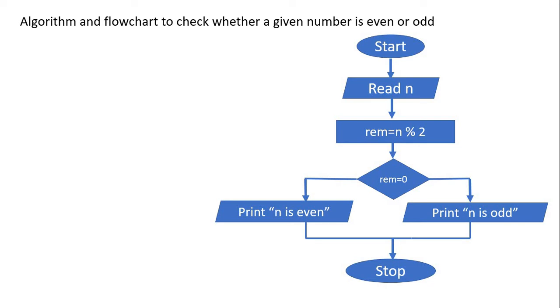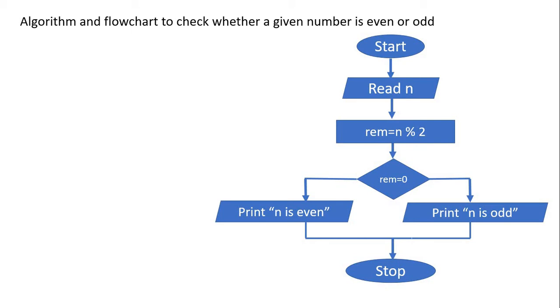Hello students, today we are going to cover two more examples on algorithm and flowchart. Those are to check whether a given number is even or odd and to check whether a given number is positive, negative or zero. So let us start with the algorithm and flowchart to check whether a given number is